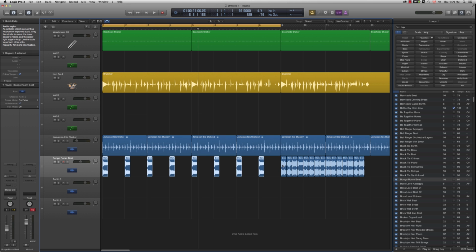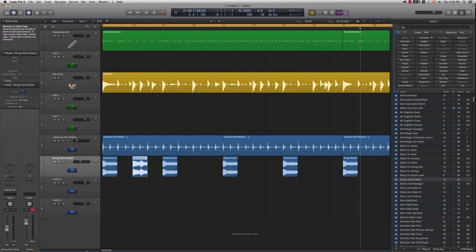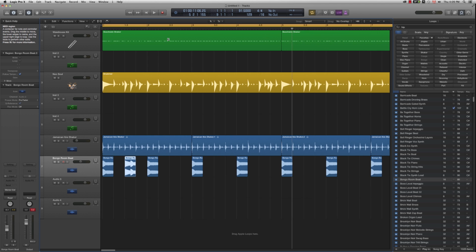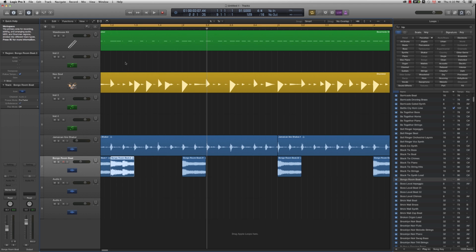Now let's get this big clap in there. So I'm going to use this here, and usually in any beat, the clap, snare, rim shot, or whatever is going to be on each of the, let me see, second, and wait a second, this is a bar, 1 2 3 4, so on the 2 and 4. Okay, so if I drag here on the 2,